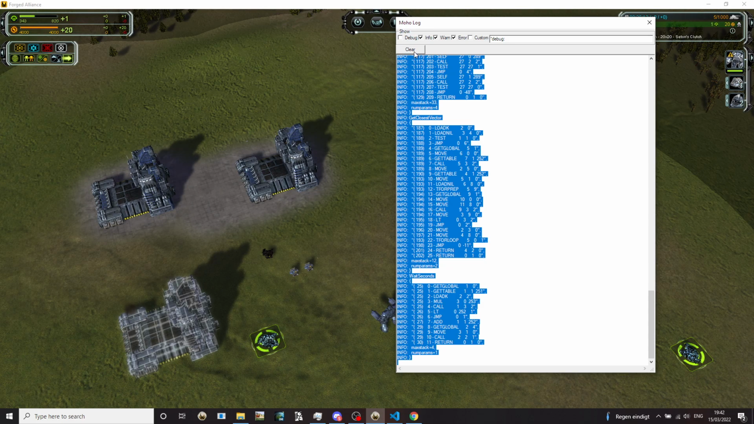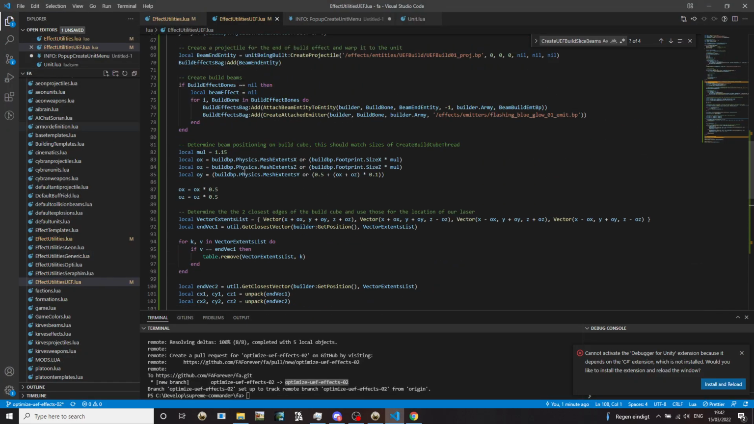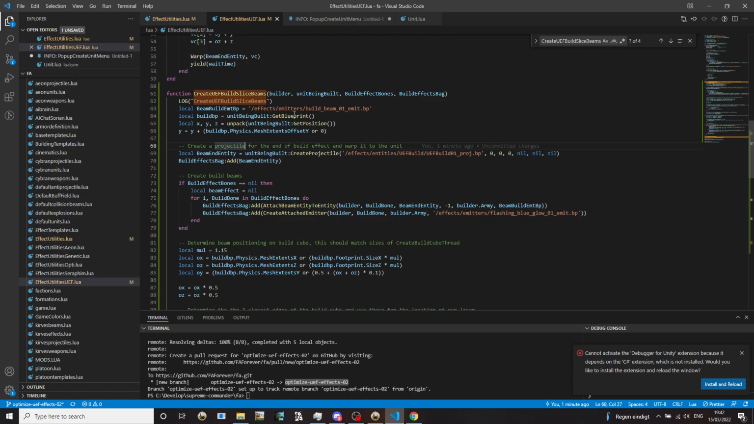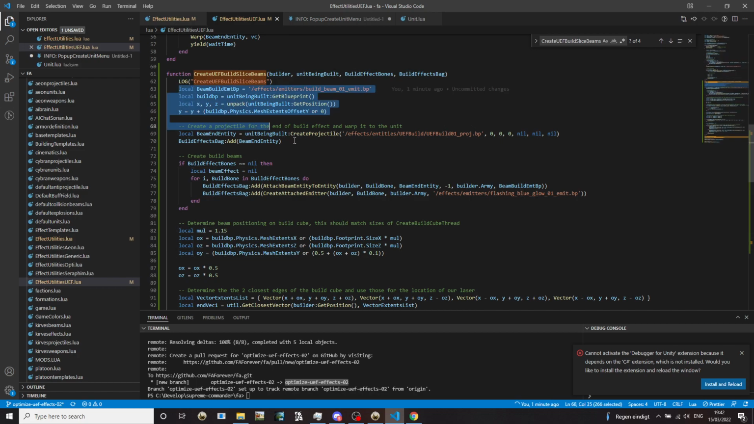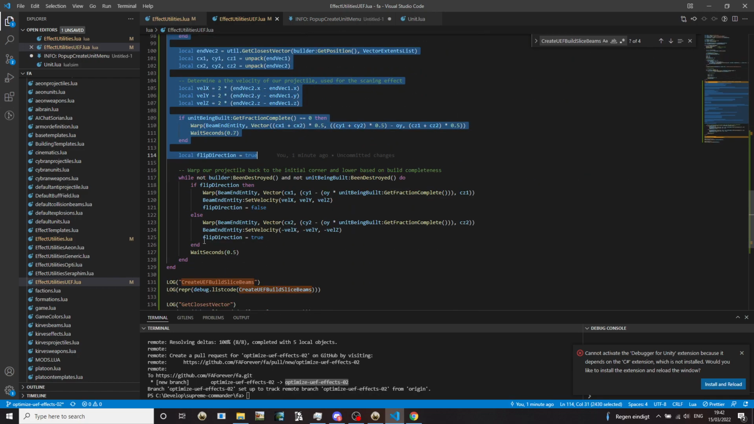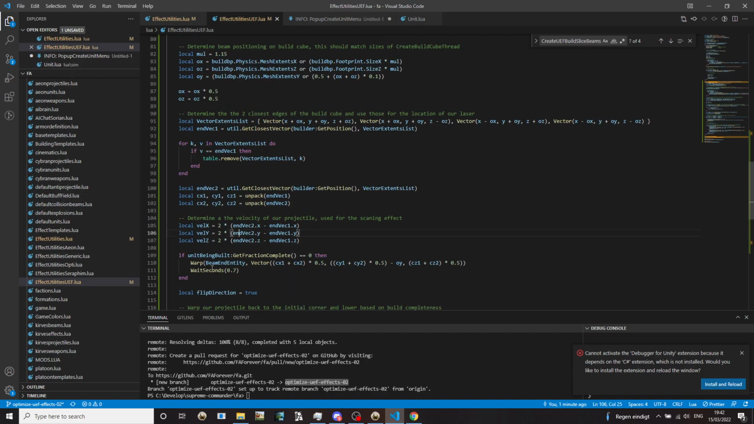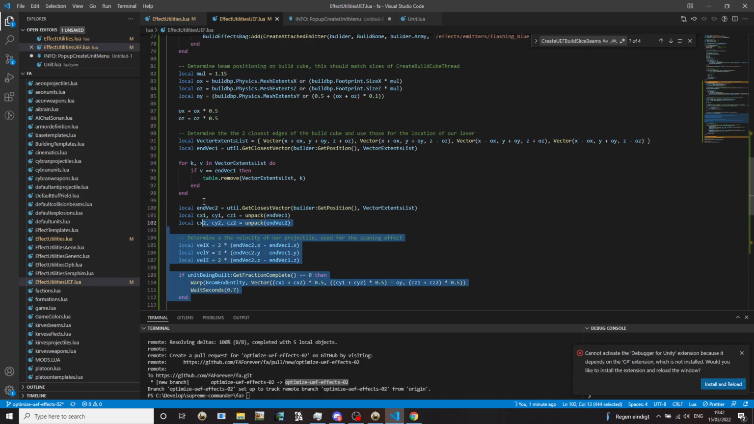The game is stuttering a bit. So what are we actually doing here? There are two parts of the function. One is the setup of the effect, which is all of this, and then there's the while loop here that continuously switches the direction of the beam. So what we're doing in this first part